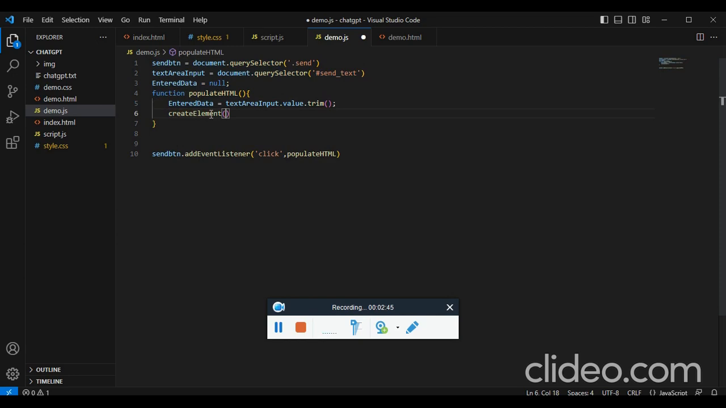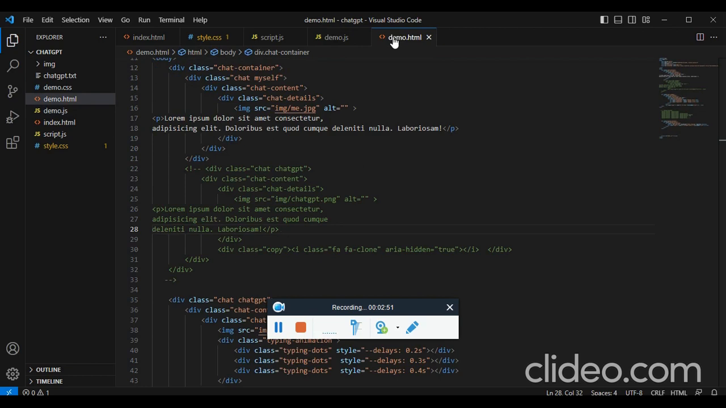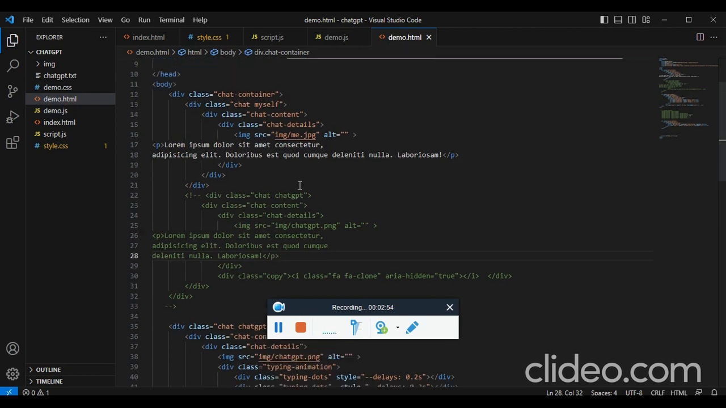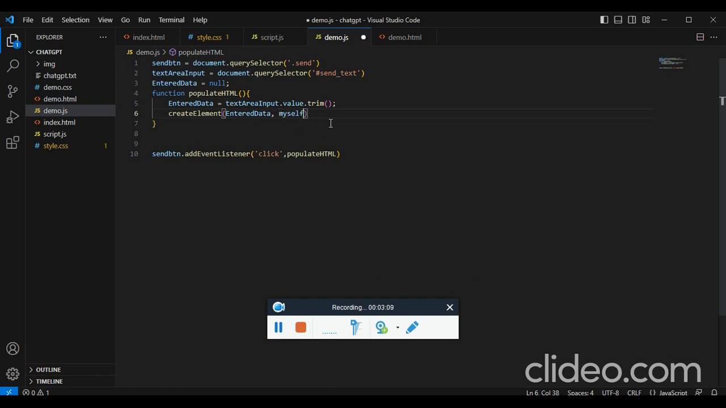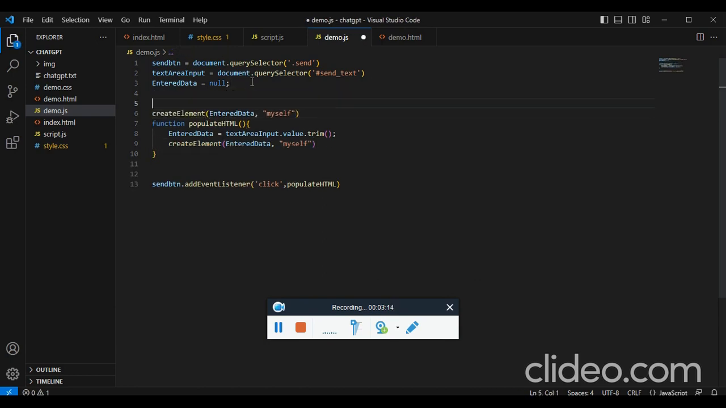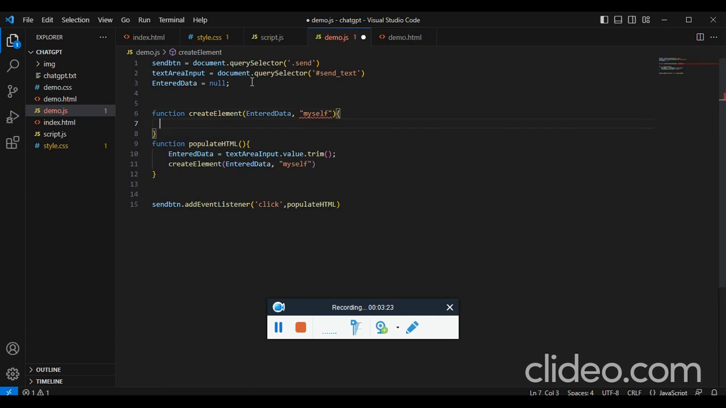Let's pass this data. Along with data, we want this class to be passed too, because if you see, if I type something, the class myself will be added. If ChatGPT types something, then the class ChatGPT will be added. So as of now I'm typing it, so this class should be passed along with the entered data. So this is the class name, which is a string. Now we have to define this function just above where we have created it. Now since it's a string, we can just pass the name, class name,